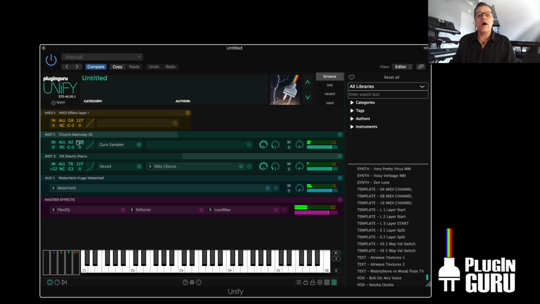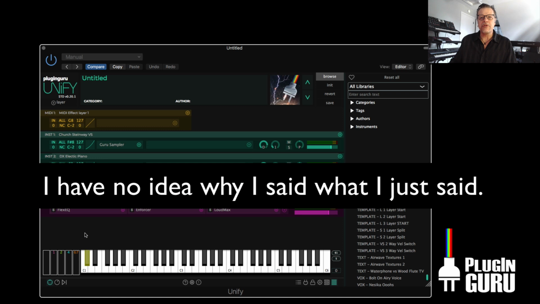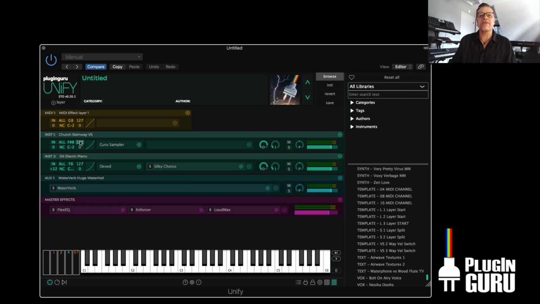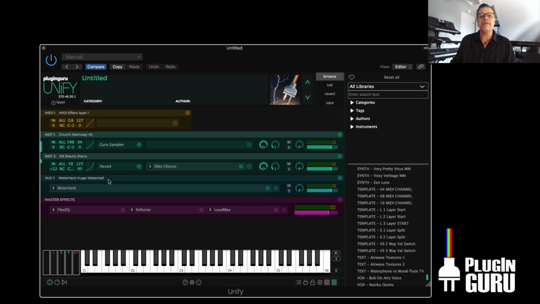Okay. So as well as the velocity range, we also have the velocity note range. And what that allows you to do is make velocity switches. So I'm going to have it so when I play soft, it plays piano until I hit over a velocity of 94. And then this one here, the bottom is going to be set to 95. You can right click and then type 95 and hit return and it's in. What this means is when I play soft,